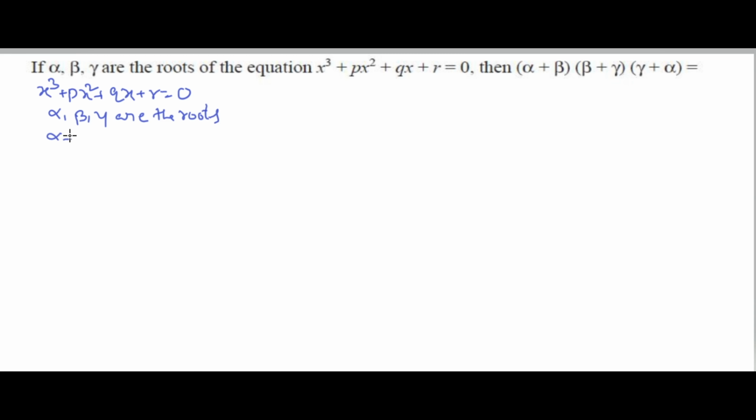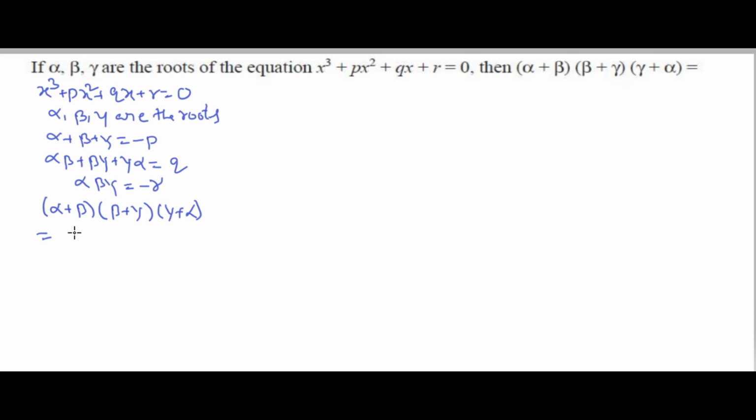Now alpha plus beta plus gamma, the sum of the roots, is equal to minus p, and alpha beta plus beta gamma plus gamma alpha is equal to q, and alpha beta gamma is equal to minus r. Now the given value is (alpha plus beta)(beta plus gamma)(gamma plus alpha). Multiplying these two, that is alpha beta plus alpha gamma plus beta square plus beta gamma, into